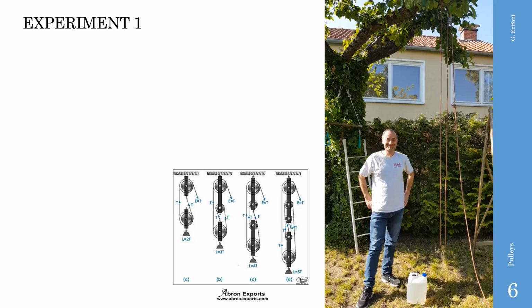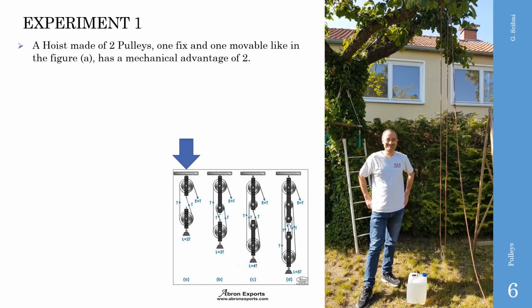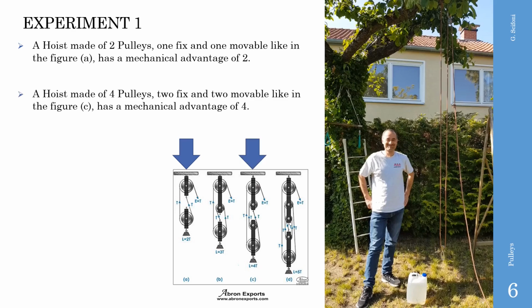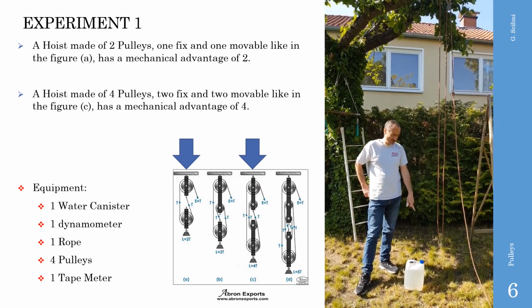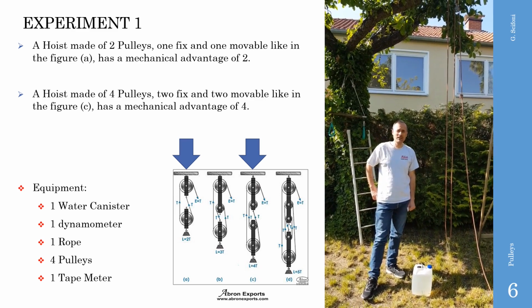With the first experiment, we want to demonstrate both that a hoist made by 2 pulleys, like in the figure A, has a mechanical advantage of 2, and that a hoist made of 4 pulleys, like in the figure C, has a mechanical advantage of 4. As equipment, we need 1 water canister, 1 dynamometer, 1 rope, 4 pulleys, and 1 tape meter. We start now first metering the weight of this water canister